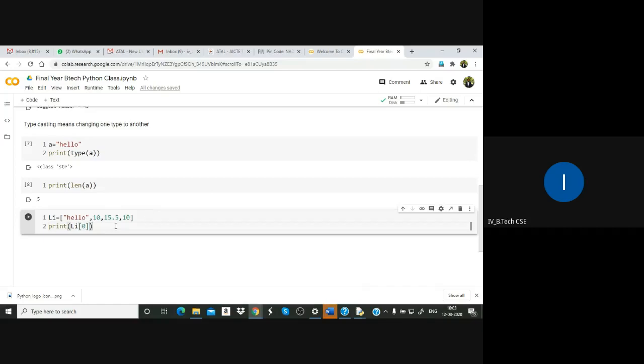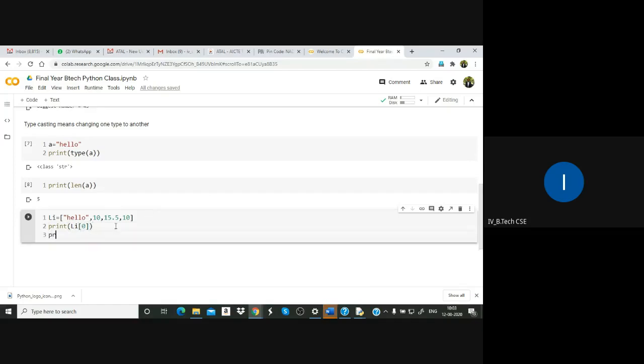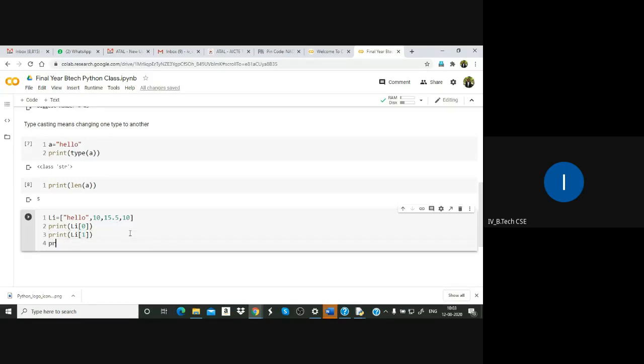First element you will get like that. Print li of 1. Next, print li of 2.